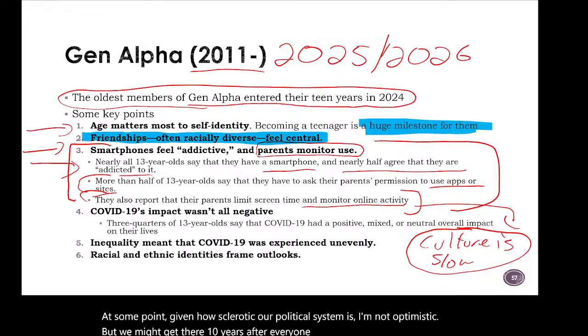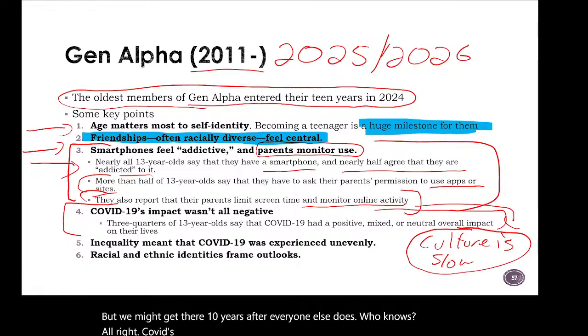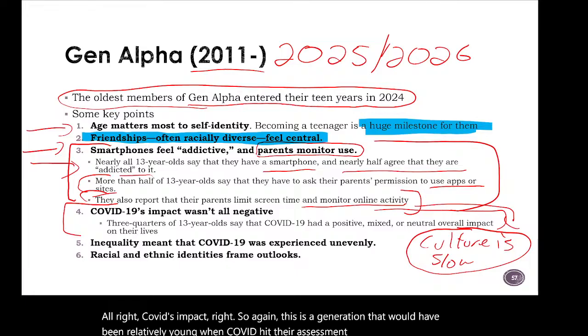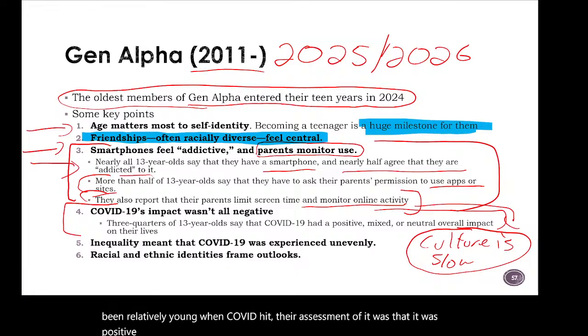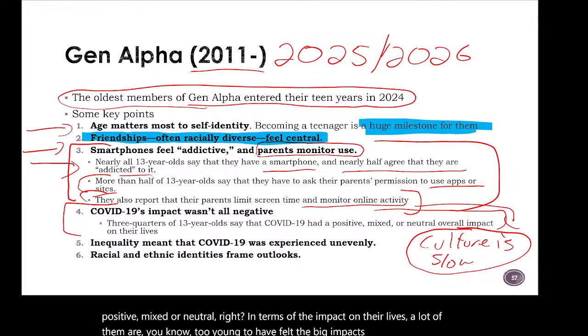Who knows? All right, COVID's impact, right? So again, this is a generation that would have been relatively young when COVID hit. Their assessment of it was that it was positive, mixed, or neutral in terms of the impact on their lives. A lot of them are too young to have felt the big impacts of it in big ways. But